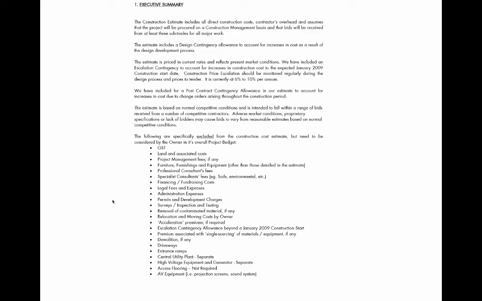Surveys, inspection and testing, moving costs, escalation, contingencies, demolition. Why wouldn't the contractor price demolition? Would they price it? No, this is an estimator pricing. If there's demolition, the contractor will, but this project probably will have demolition. The equipment,